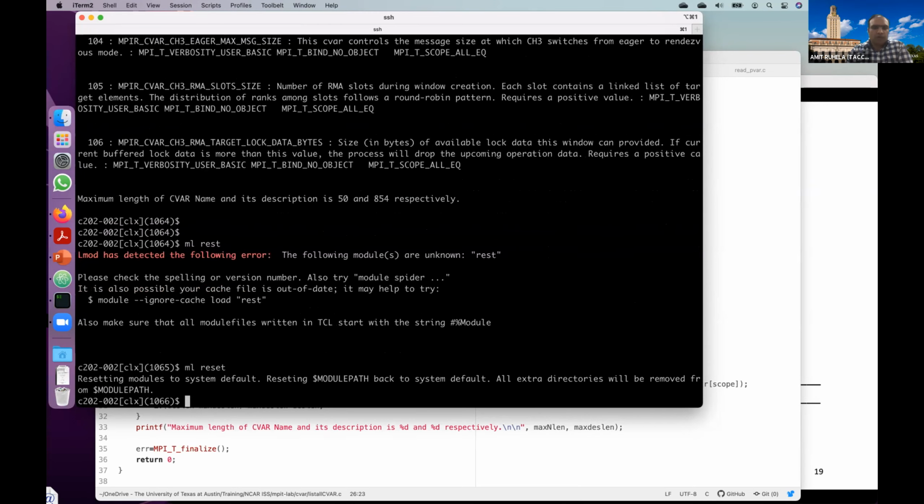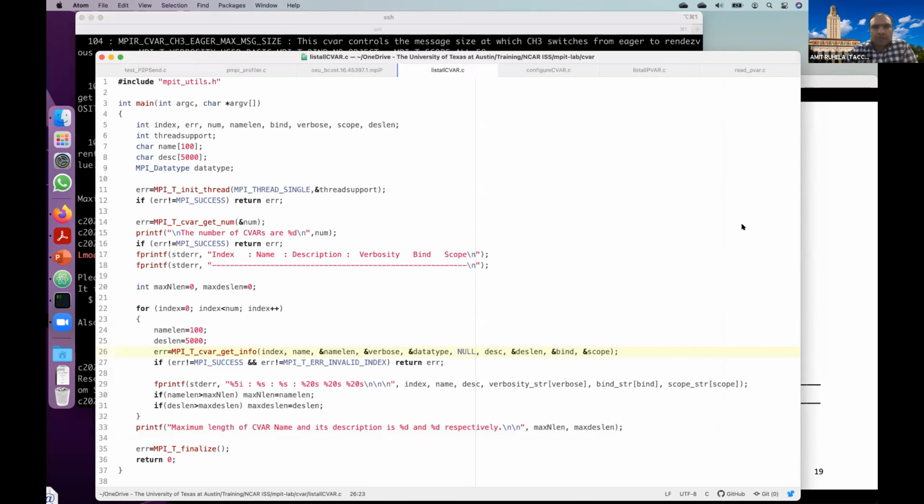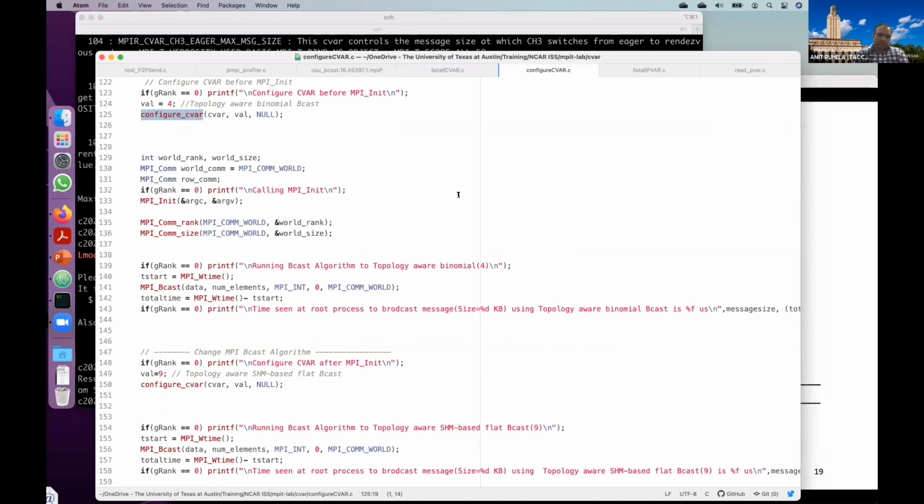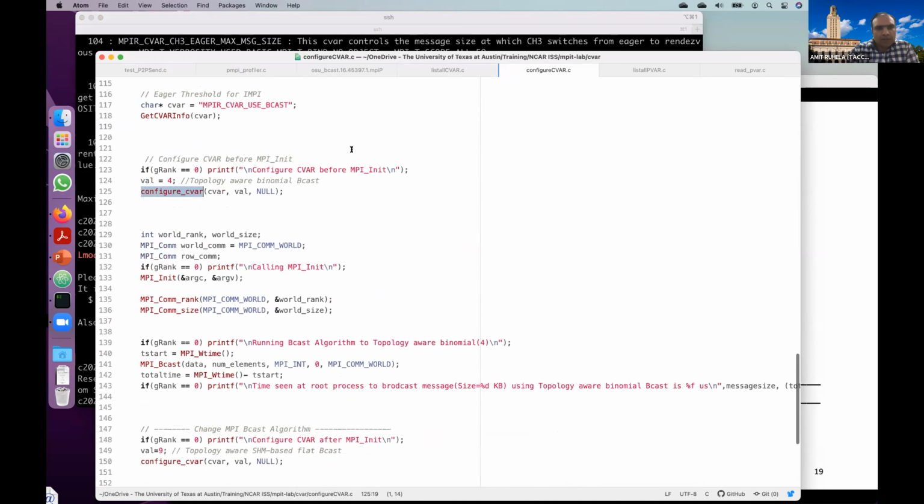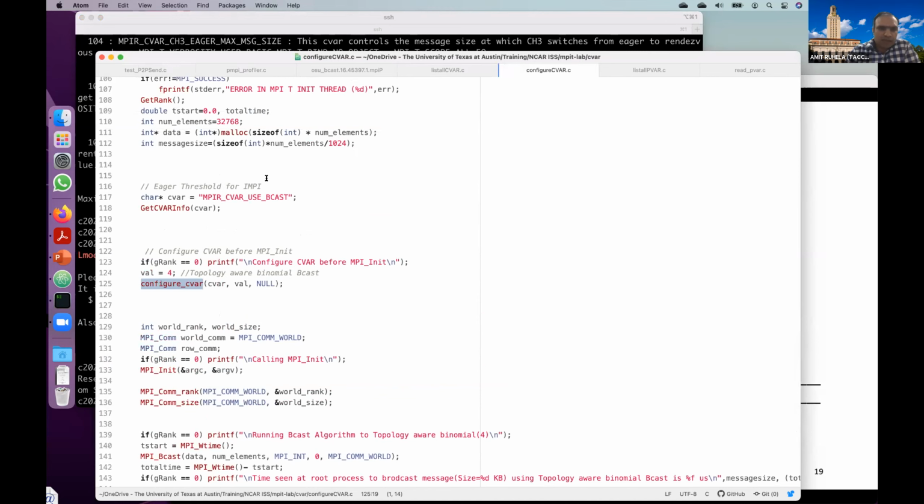Now let's try to change the default behavior of an MPI implementation using a CVAR. As Victor has told you about some of the collective operations, one of them is MPI_Bcast, and each MPI library, for example MVAPICH2, has almost 18 to 20 different implementations of bcast.